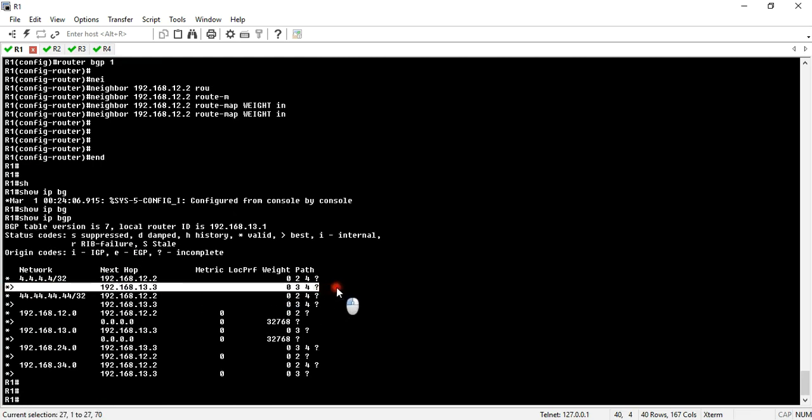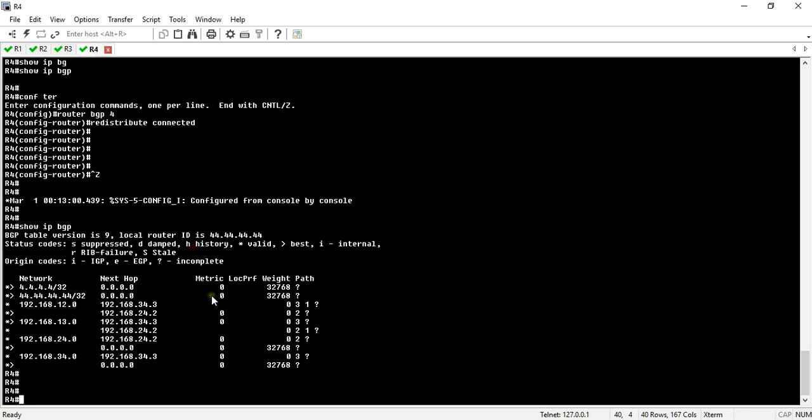Now the route goes via 13.3. In order to take this effect, we just want to clear the BGP and reset the BGP. We can confirm whether the traffic goes via the route map, whether it is working or not. Before that, I just want to show you one thing in R4